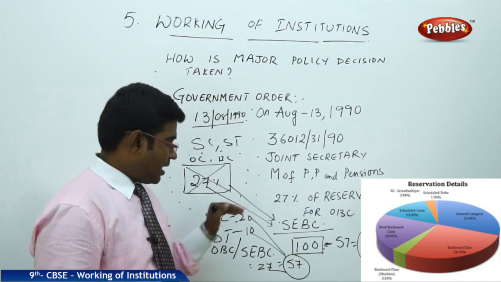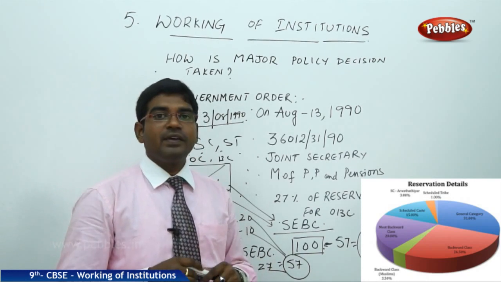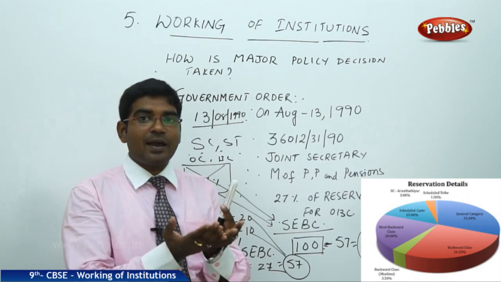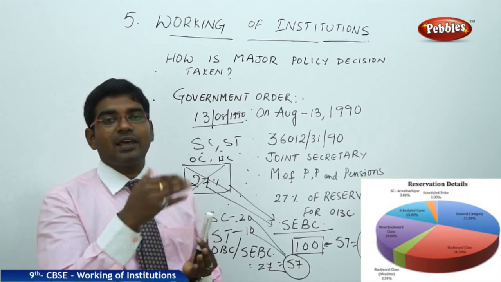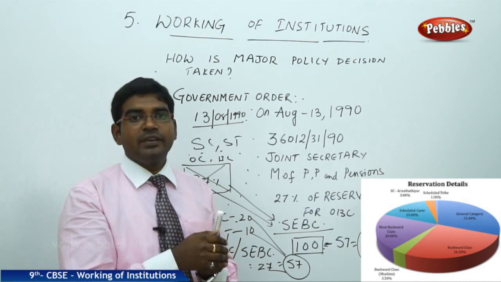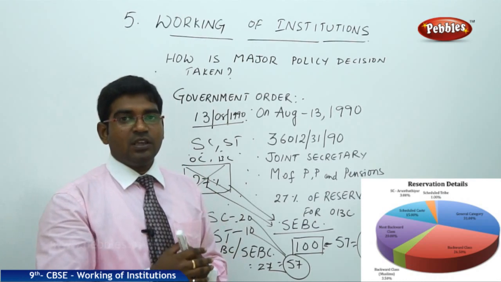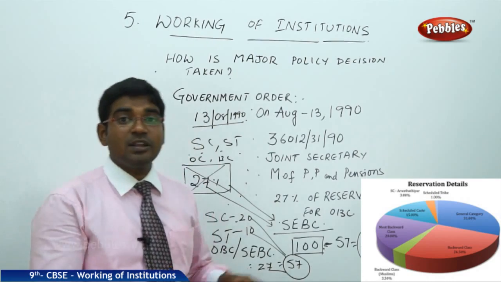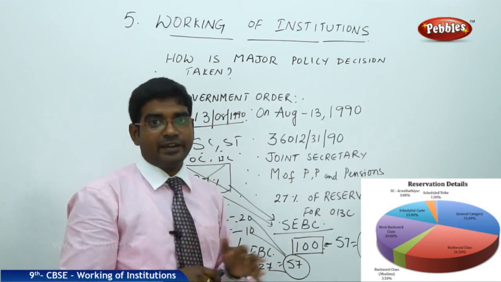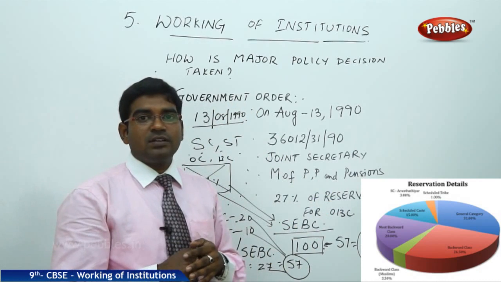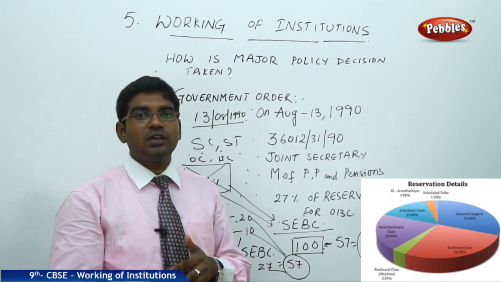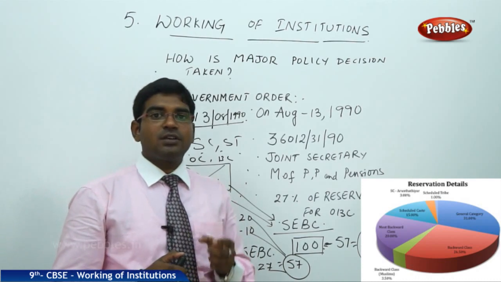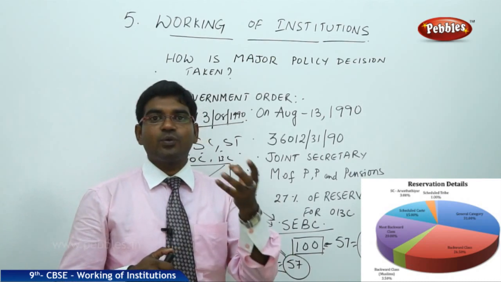Actually, SC and ST reservations were given only for the first 10 years. Later, they thought that if they were being developed equally, on par with the other backward classes or the other classes or castes in the society, definitely we would like to remove the reservations. Now we are going in the reverse direction, asking for some more reservations similar to those of the SC candidates or the ST candidates, which is somewhat not up to the mark when it comes to meritocracy. Meritocracy is a concept where merit is the basis for giving any particular opportunity to anyone.